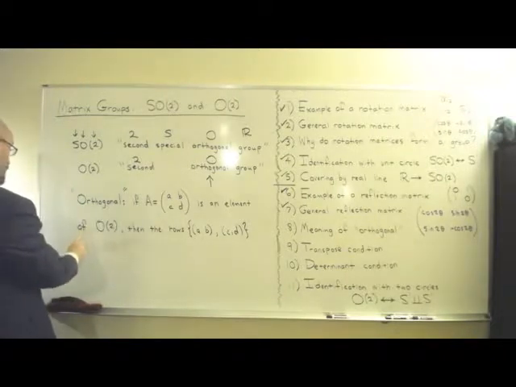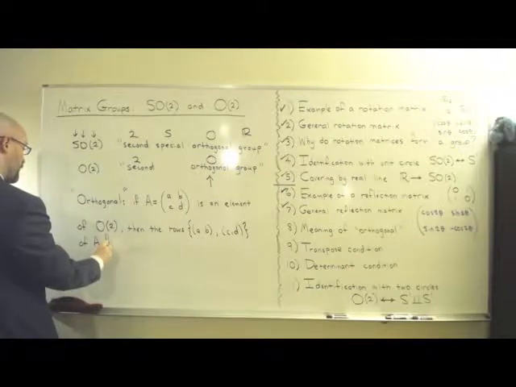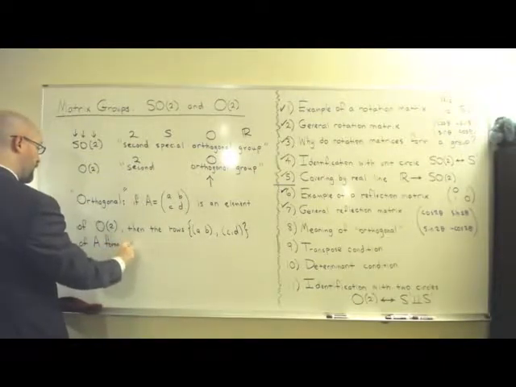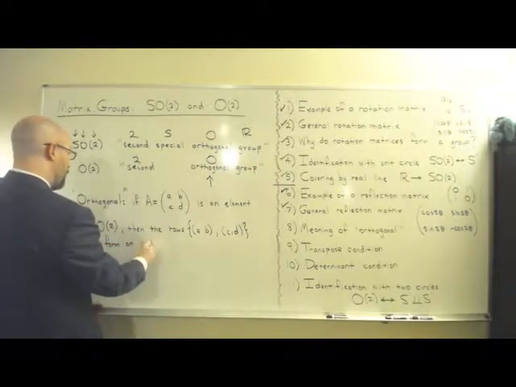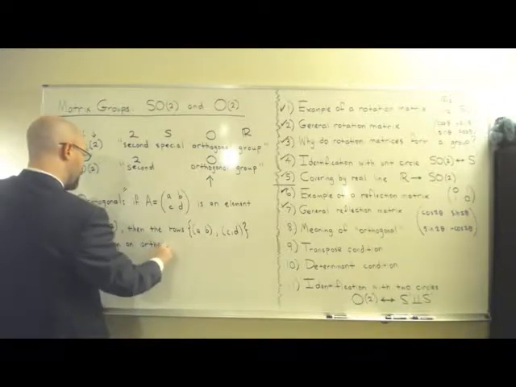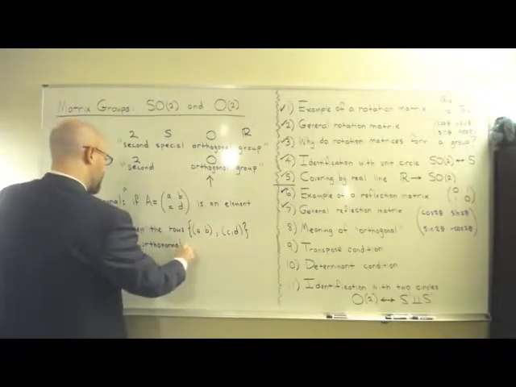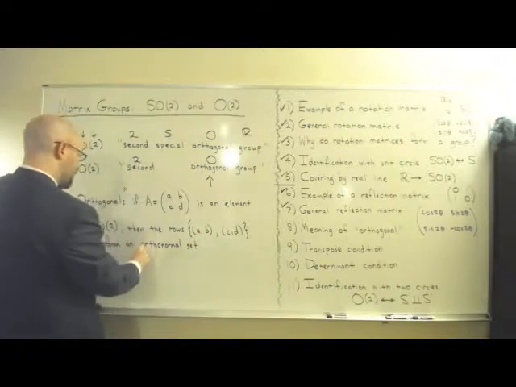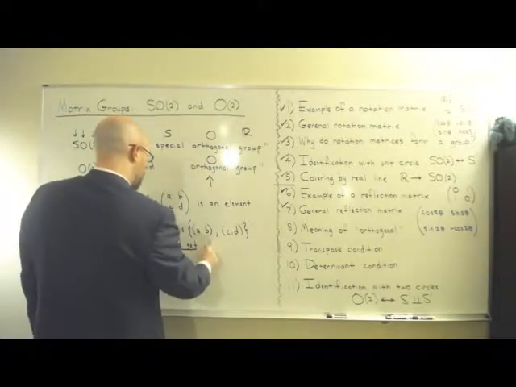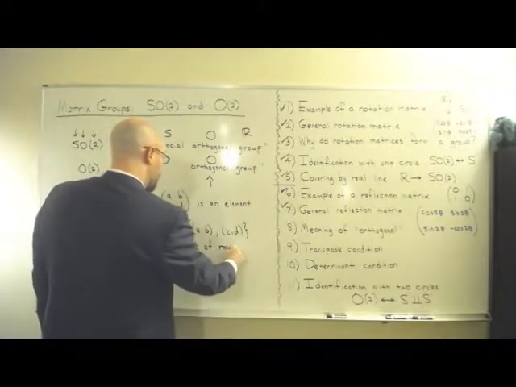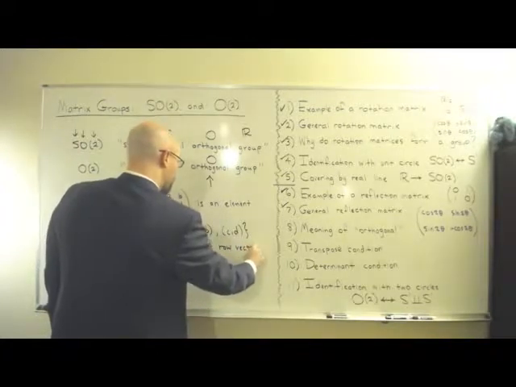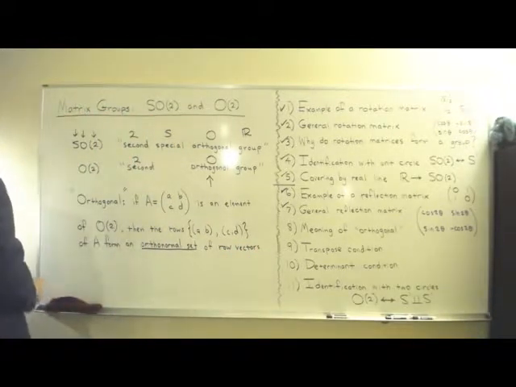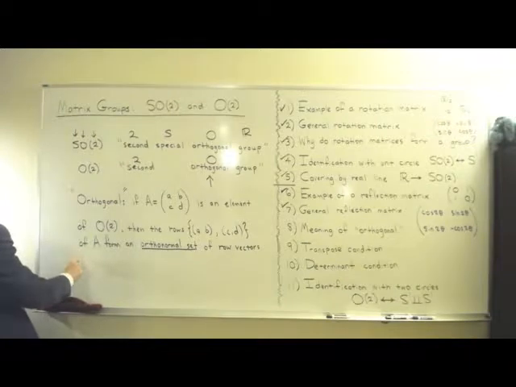So the rows of A form what's called an orthonormal set. And that's an orthonormal set, and it's of course of row vectors because they are rows. So of row vectors, and